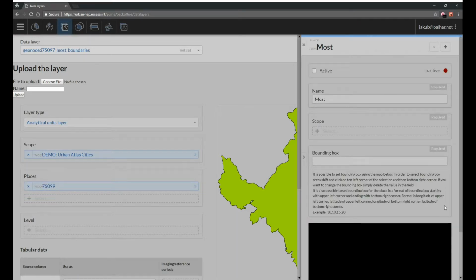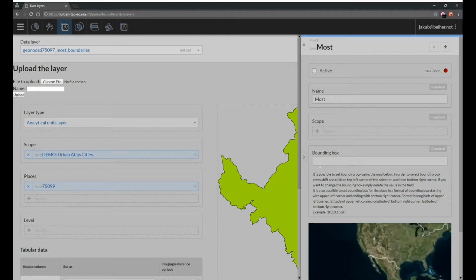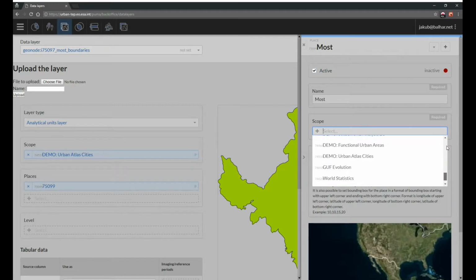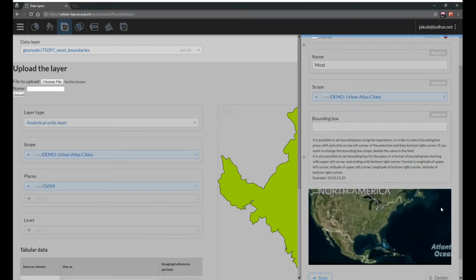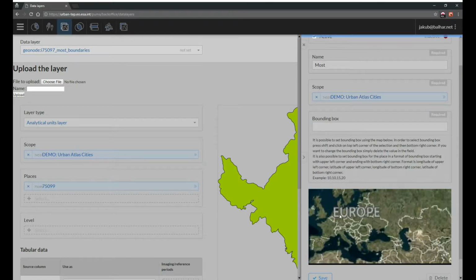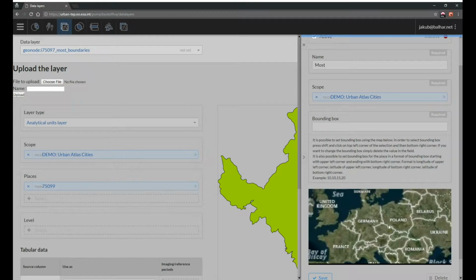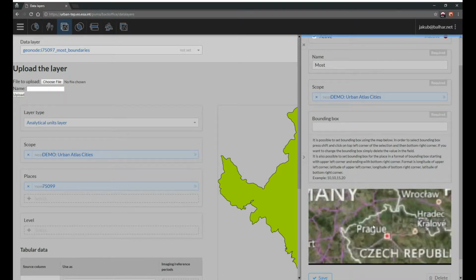The tool where we can select the information about the place will be open. It will take some time to load the map that we use to show the bounding box. We want the place to be active. We want it to be in the right scope, in this case urban atlas cities. And we want to figure out the right bounding box. In this case, the Most area